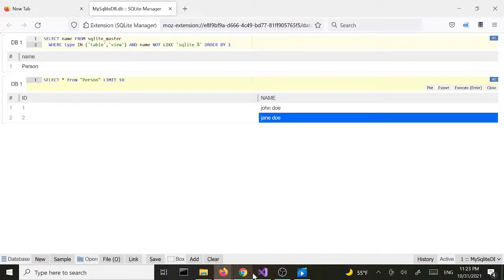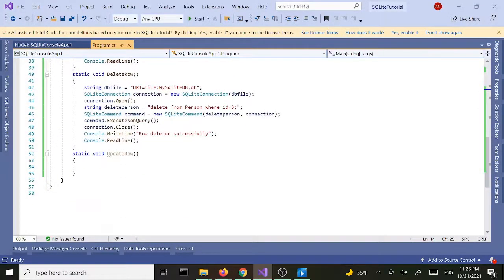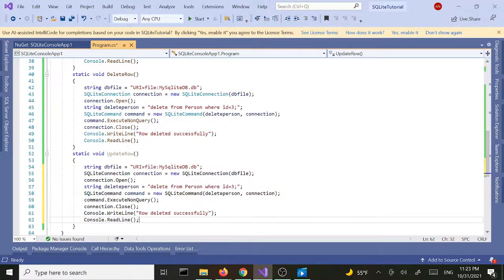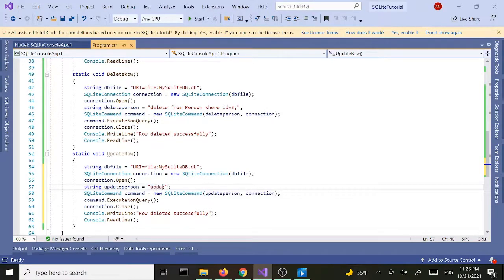So let's continue with, I think, updates. Same idea. We're going to copy and paste this and make changes. So instead of delete person, we're going to call this update person. Likewise here, and modify our SQL statement. So instead of delete, we're going to say update person set